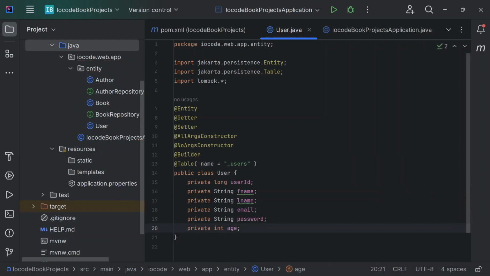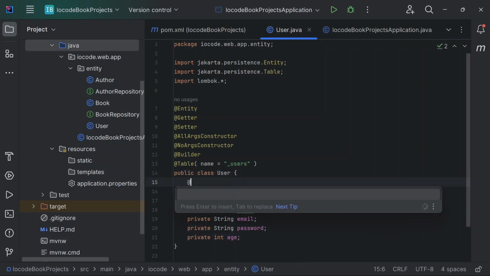So these are the different fields for our user: the first name, the last name, the email, the password, as well as the age. Now for the ID, we'll also be annotating it with @Id,